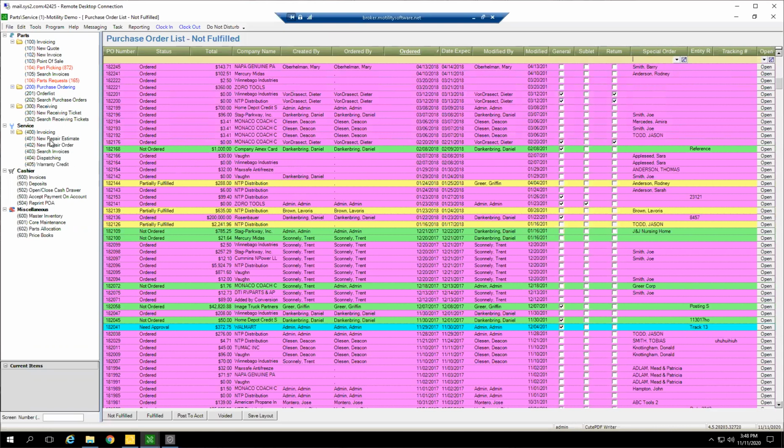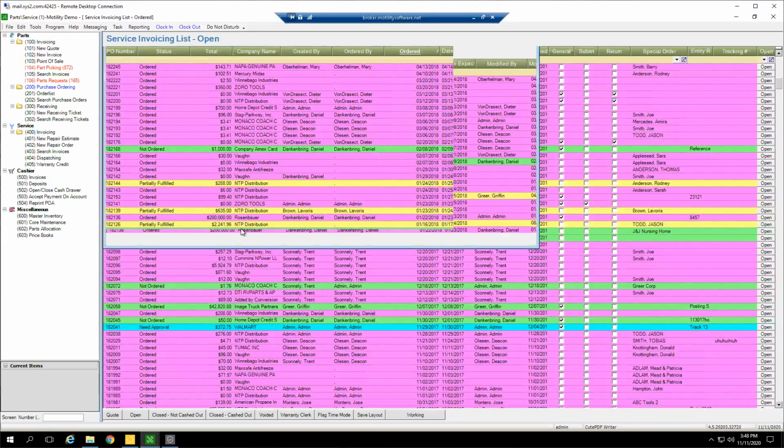But that's pretty much it on the ordering. You're either deciding, is this a stock purchase or is this for a customer? And that's going to dictate your first move. If it is just a general stock purchase, start with the order list and populate it up. If it is truly a special order for one of your customers, you could right click on that invoice, even outside of the system,